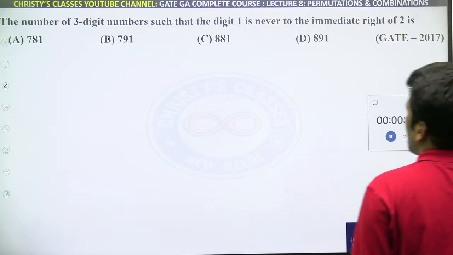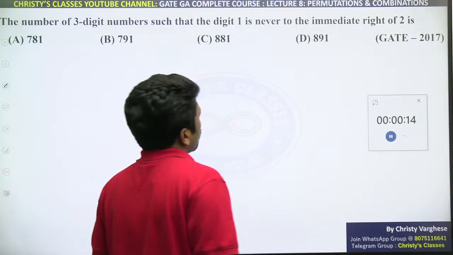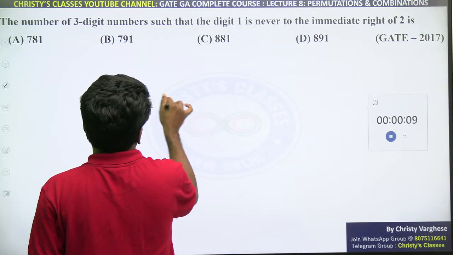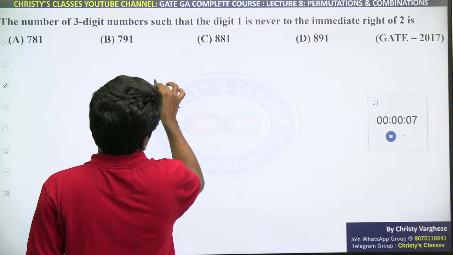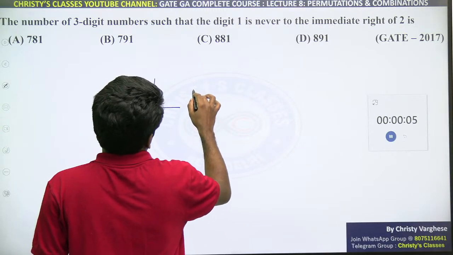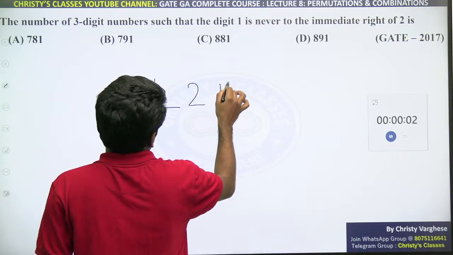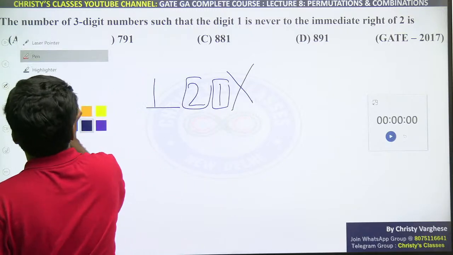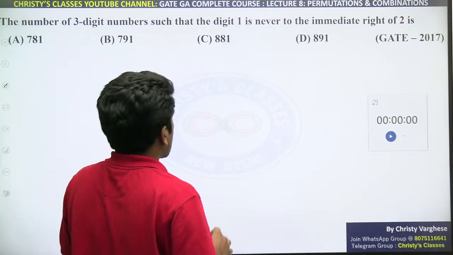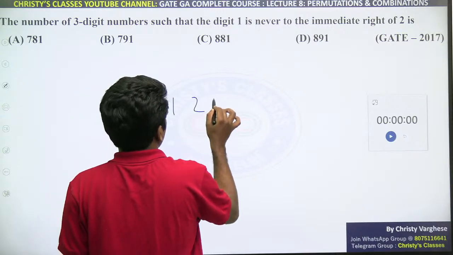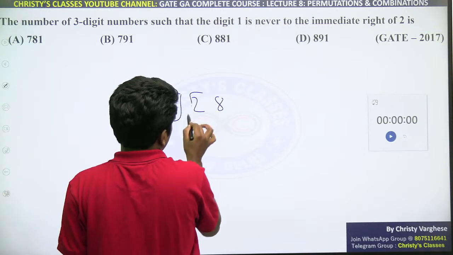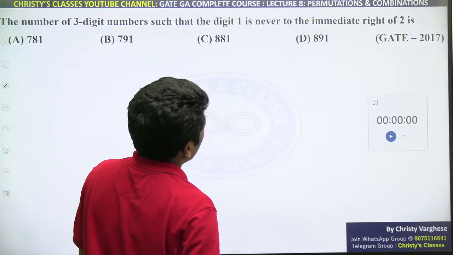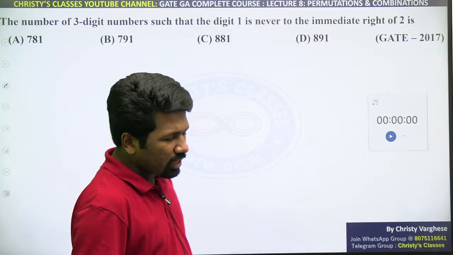The number of 3-digit numbers such that the digit 1 is never to the immediate right of 2. Never to the immediate right of 2 means, for example, if I take 1, 2, 1, the 1 is to the immediate right of 2. This is not allowed. That is the meaning. Are you all understanding? But 1, 2, 8 is okay because 1 is to the left of 2. That is allowed. So here 1 never to the immediate right of 2, वो बहुत सारा केसेस है ना, वो